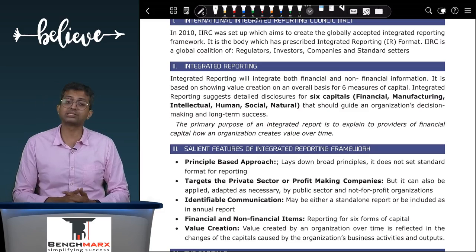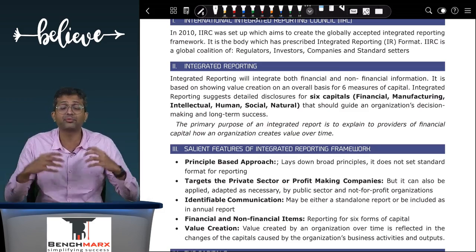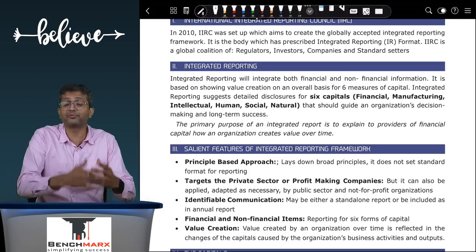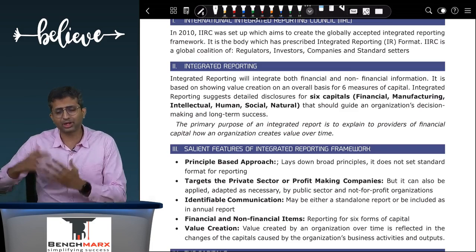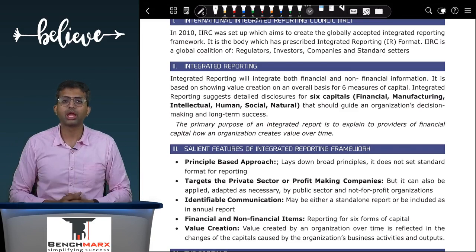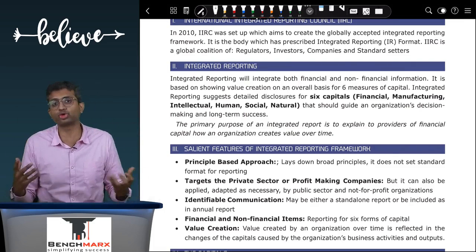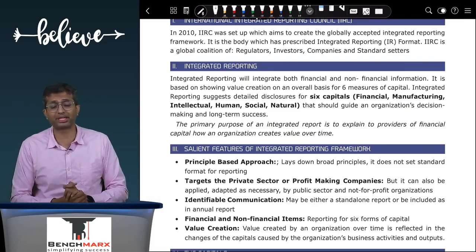The 5th is social capital. 6th is natural capital. Social capital is what you've done for the local society, for your CSR, for the upliftment, like what Tata does, for example, when it runs the Tata Memorial Hospital for cancer patients, it treats them free of cost. This is social. And lastly, natural. What have you done for the purpose of, let us say, cleaning up your oceans, environmental development, water purification, etc.